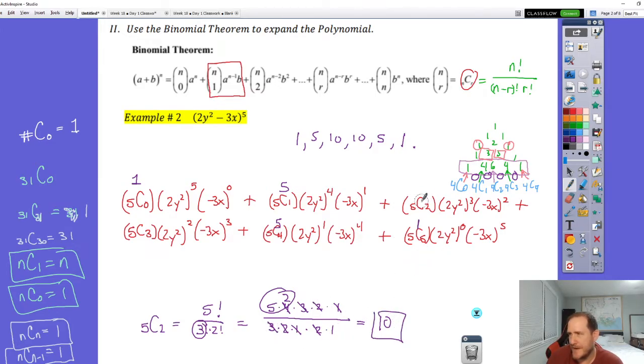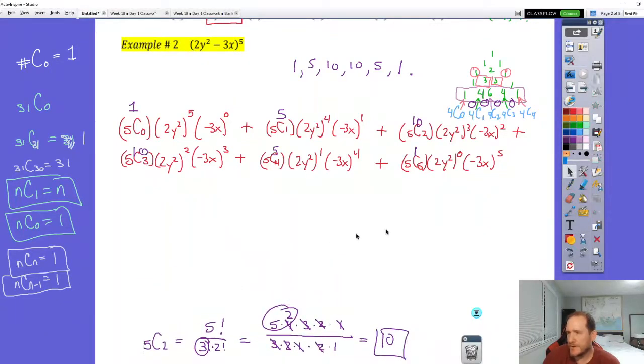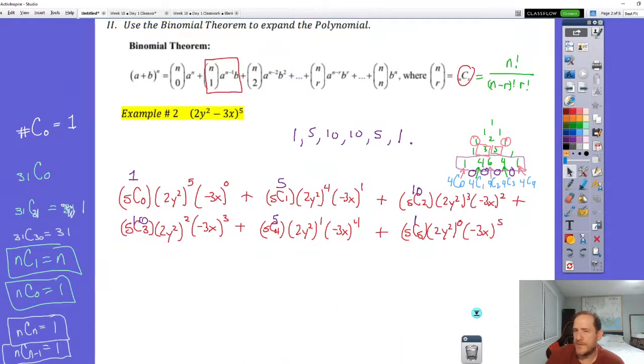So anyway, I now know that 5 choose 2 is 10, which means that 5 choose 3 is also 10, which means I now have all of my binomial coefficients. So now let's finish this off. Drag that down, make a little room. So that means in my first factor, we've got just a 1